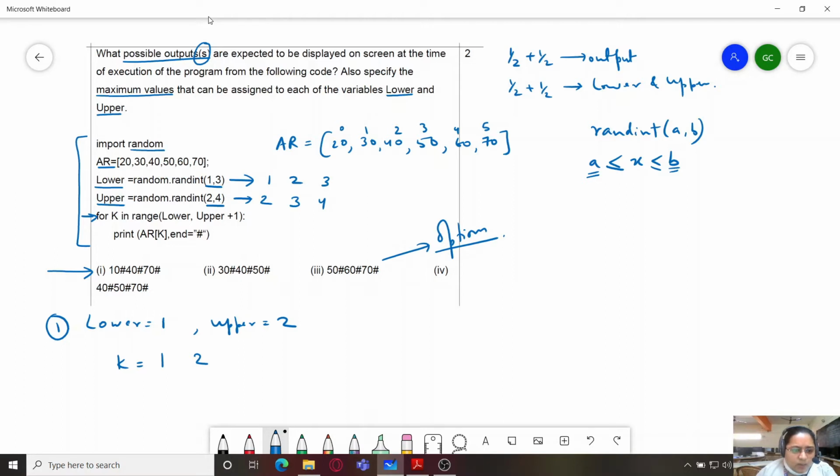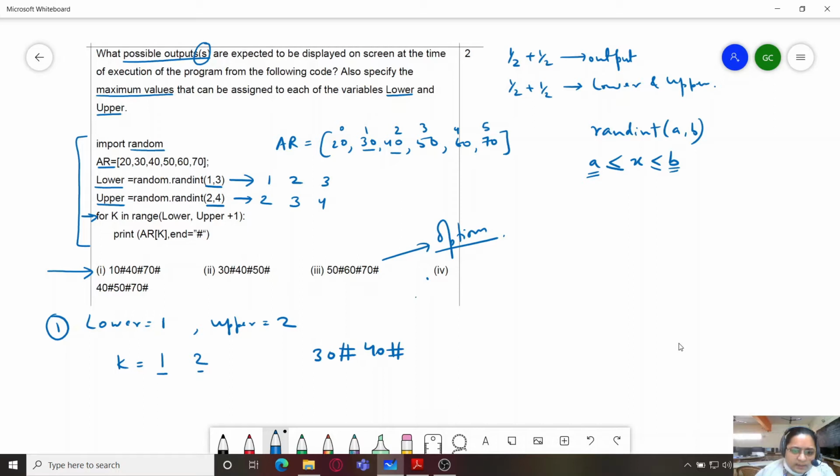So AR[1] is what? It is 30, and AR[2] is what? It is 40. So we will be writing it like this over here. Firstly AR[1], which equals 30, followed by a hashtag after this. Then we have 2. So for 2 it is 40, and then again a hashtag. So this is one of the outputs which is written over here.